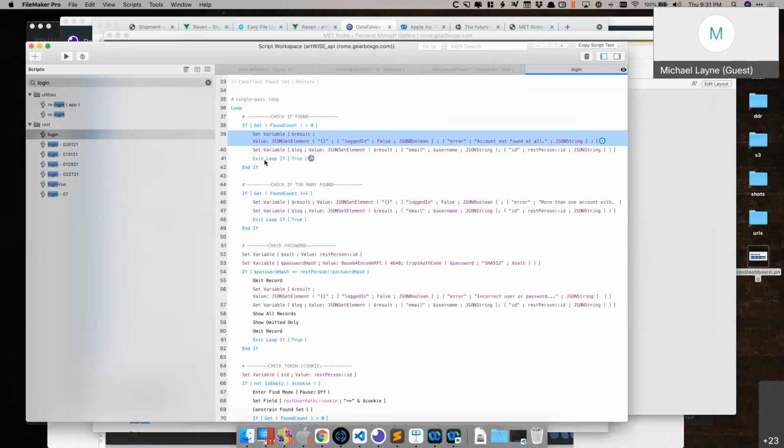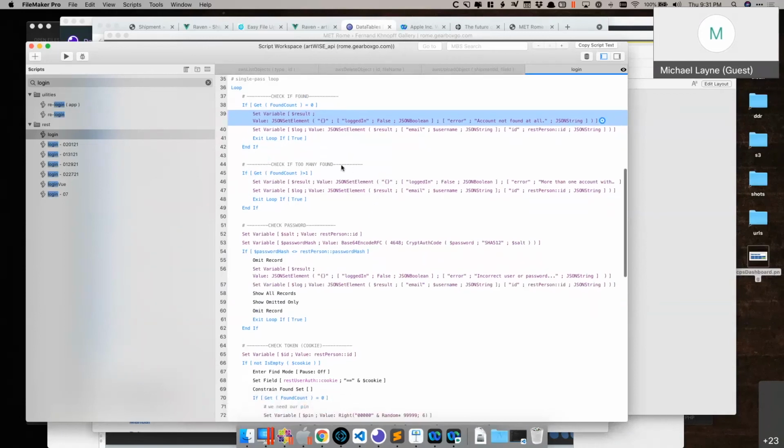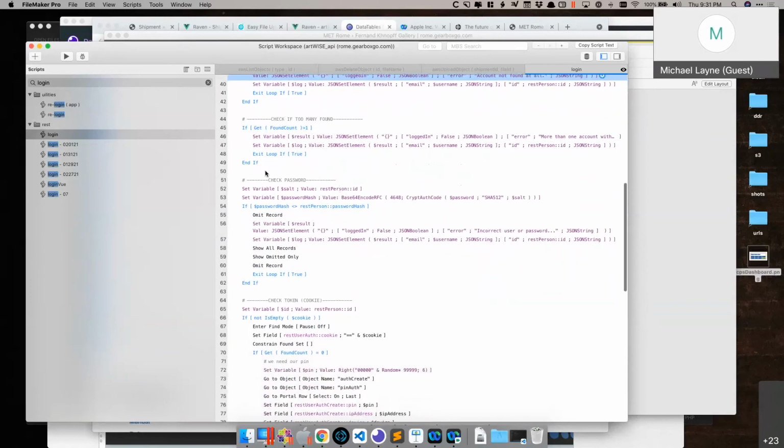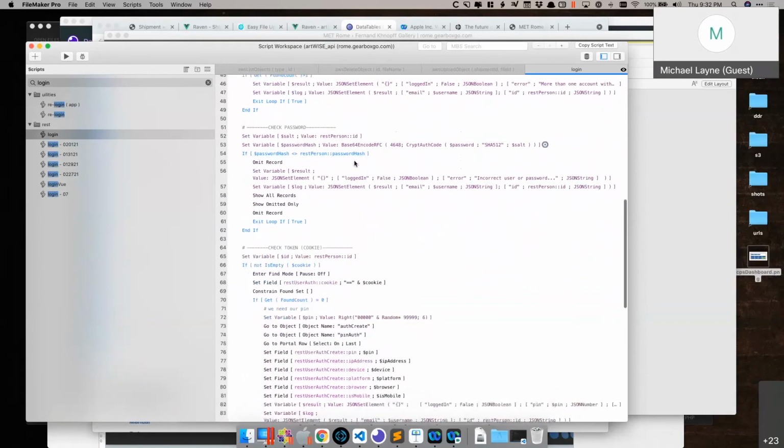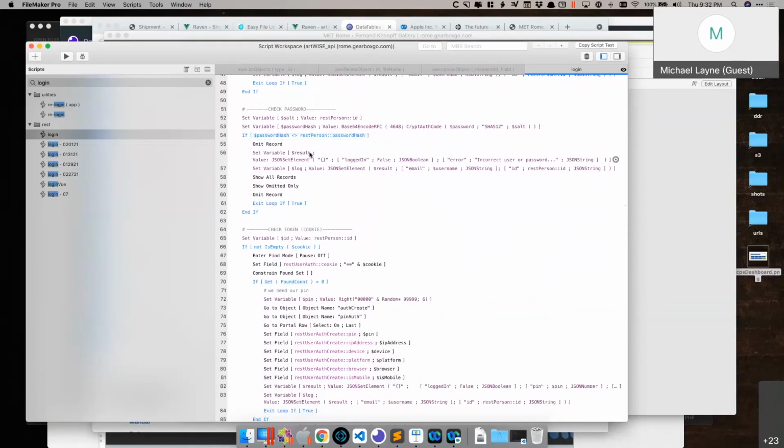And then this is that single pass loop that probably at least some of you are familiar with. I think it's a great technique. Then if there are too many found, we also exit. If we get past that, we check the password, and I think we're using some good practices with regard to password encryption. And we check the password, and then